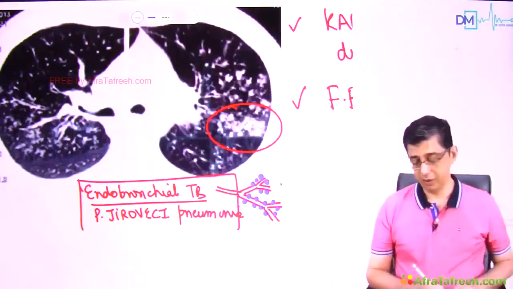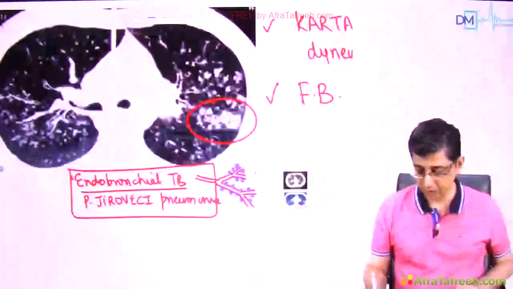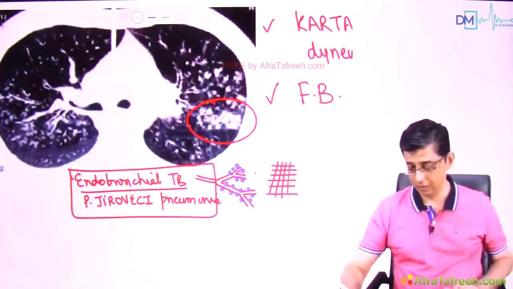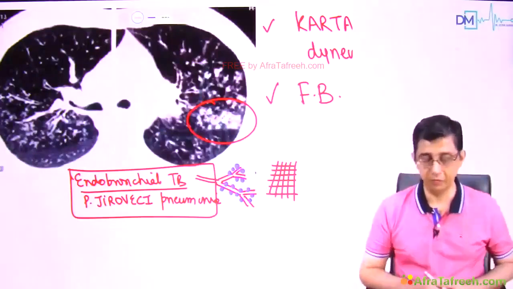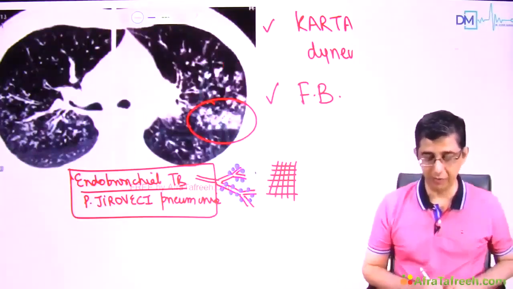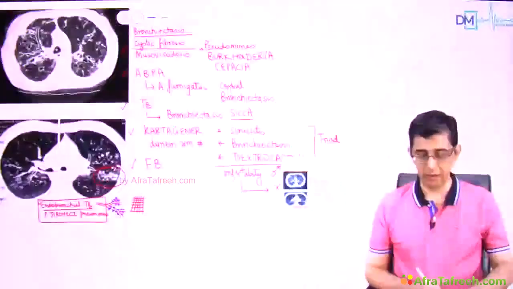Now, some guys might ask why it is not a honeycomb appearance. Honeycomb will have these septations, no? Like the honeycomb of a honeybee, which has septations that are not visualized here. So I would not call it a honeycomb appearance, but a tree in bud appearance. These are very classical ones which I have shown before you on a CT, and these can be image-based